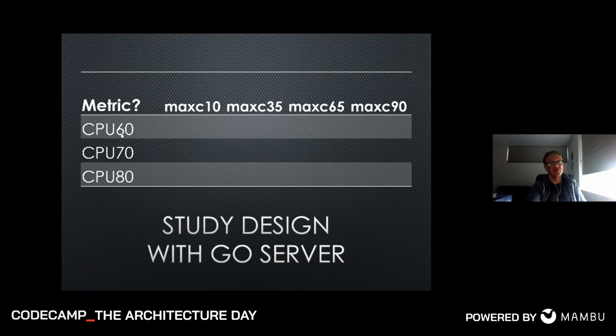So one set of tests would be the CPU utilization at default, 60%, and the maximum concurrent requests at default, 10. So we've run each test 5 times under exactly the same workload using the Go server because it was the fastest one from our programming language study. And we then just calculate the average performance that we see from about 5 different tests for each element in this matrix. So we ran a lot of tests here, as you can imagine, and there were quality checks to make sure that we didn't get any really deviant results one particular day, which you do see in clouds.